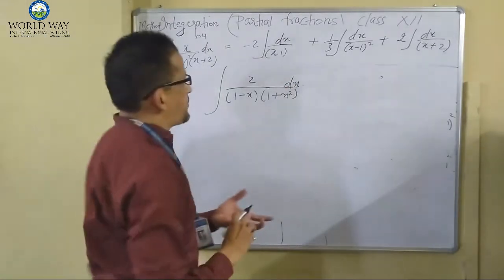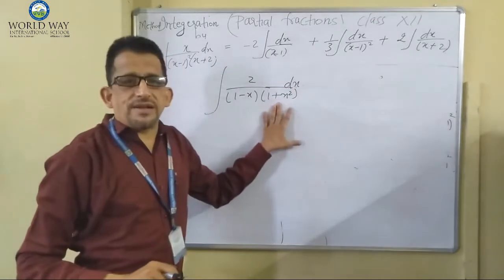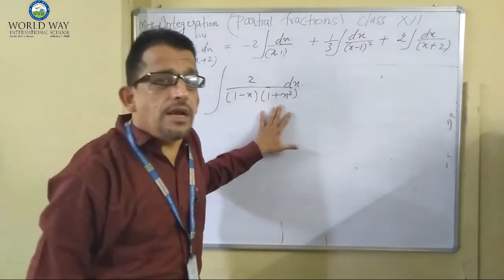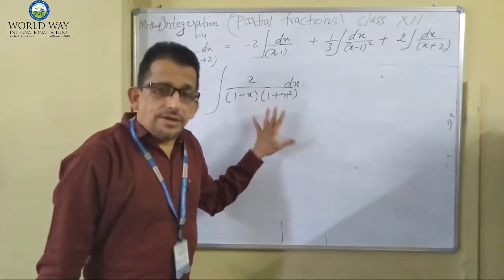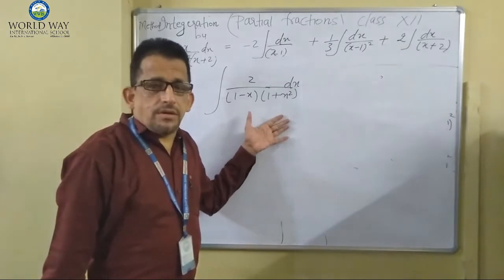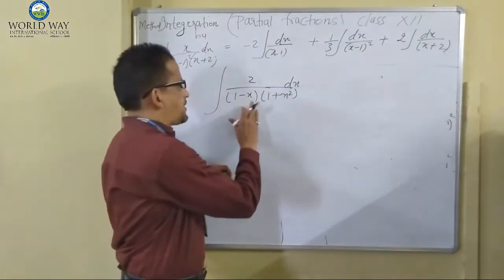This is the question from the NCERT book. Look at the factors of the denominator. This is linear but this factor is a quadratic. Condition ये है कि the third type is the factors of the denominator quadratic but not repeated. Quadratic के साथ linear हो सकता है, ये ना भी हो सकता है.